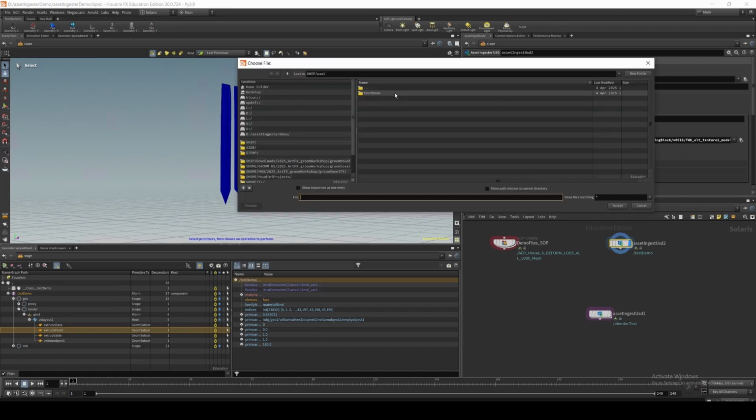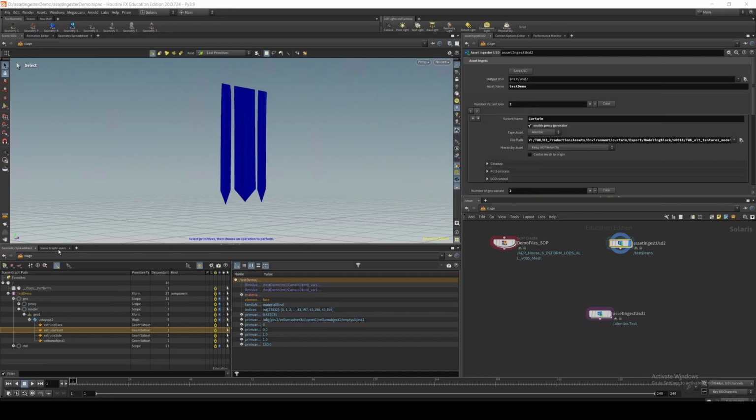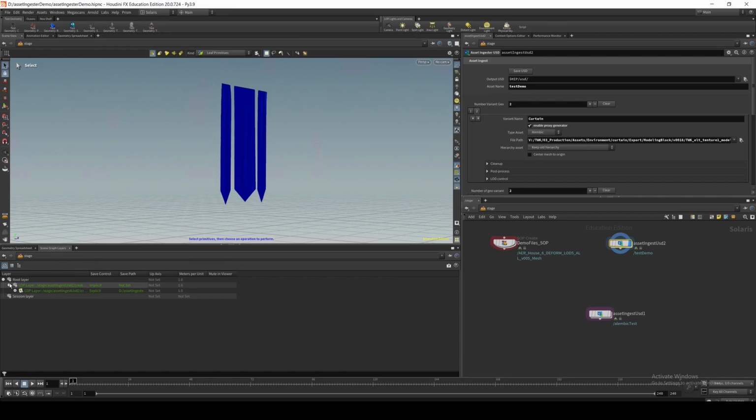And then if you check the file that is saved, you have the full USD. After that you have payload 1, and you've got the geometry layers and the material layers. Basically, the payload is going to call the material and the geometry layers, and the general USD is going to call the payload. And then you can see on the scene graph tree that all the layers are correctly ingested and built as